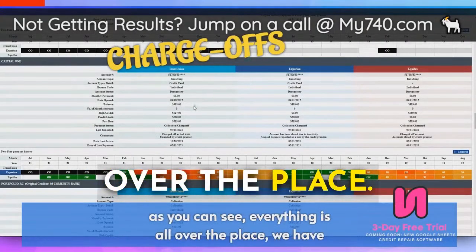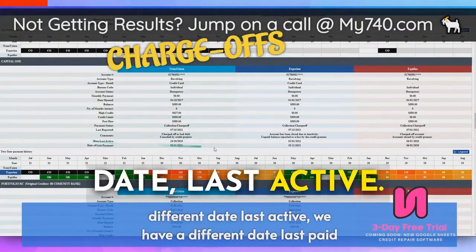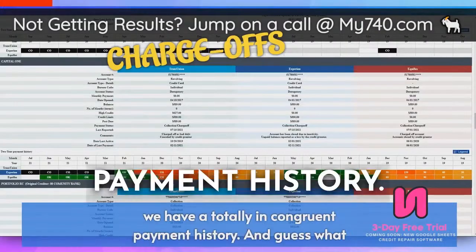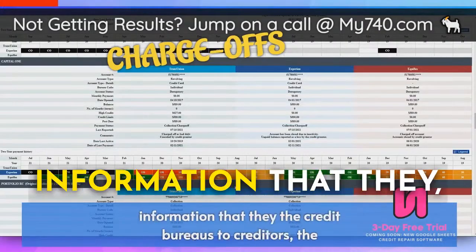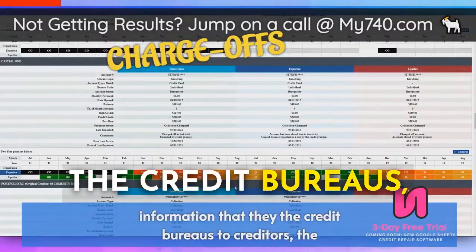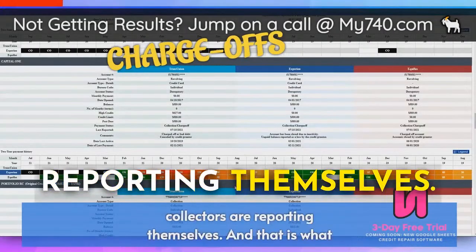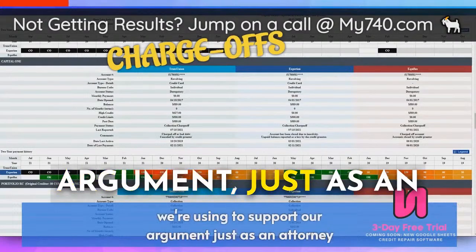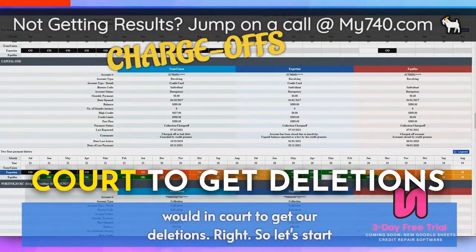Everything is all over the place. We have different date last active. We have a different date last paid. We have a totally incongruent payment history. We are using the information that the credit bureaus, the creditors, the collectors are reporting themselves. And that is what we're using to support our argument, just as an attorney would in court to get our